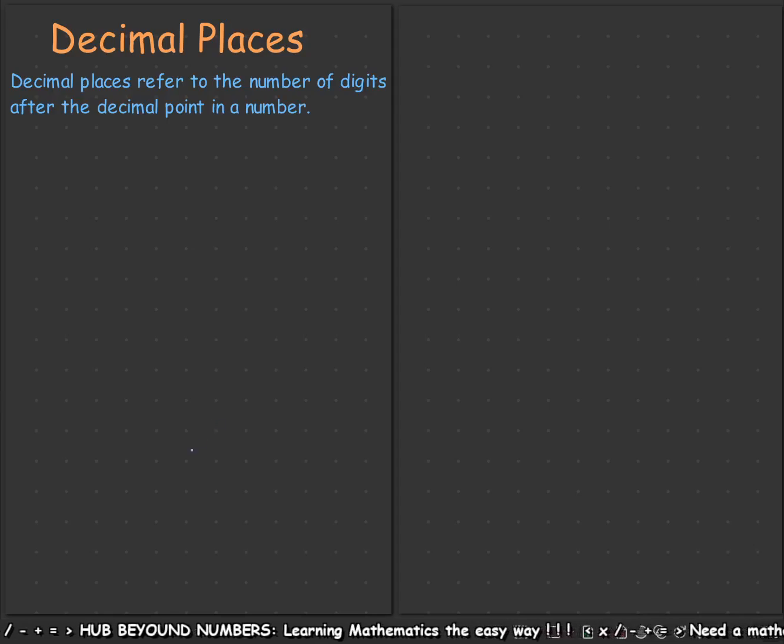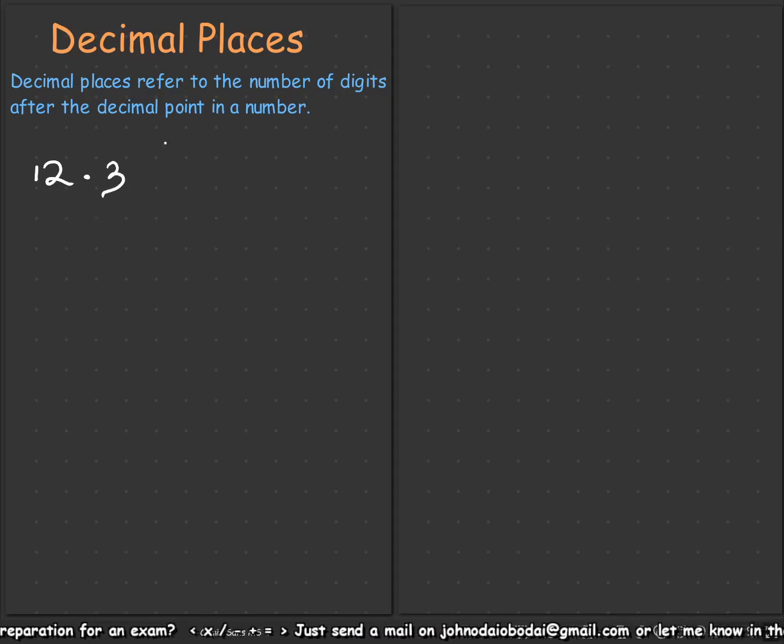Now, when we talk of decimal places, what actually comes to mind? We get the definition from the words within. The decimal place refers to the number of digits after a decimal point in a number. The number of digits after a decimal point in a what? A number. So let's take a number such as